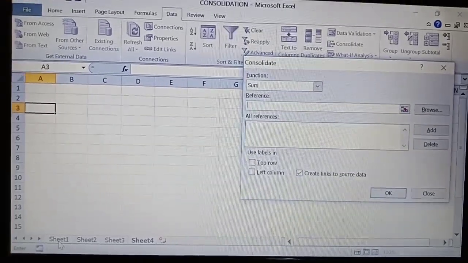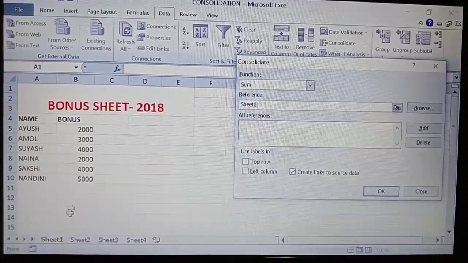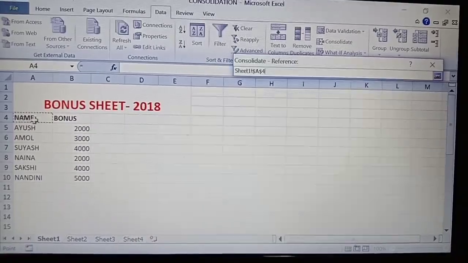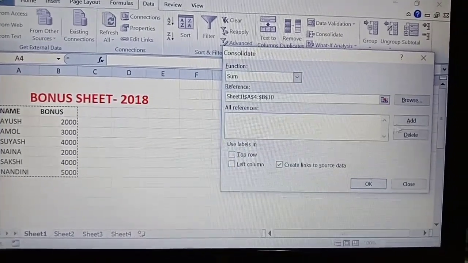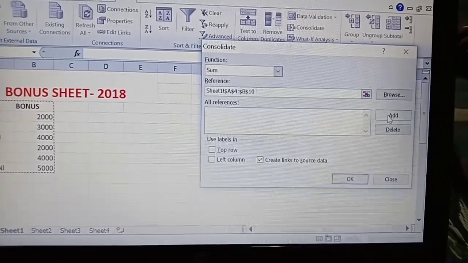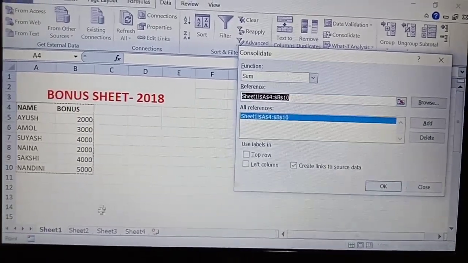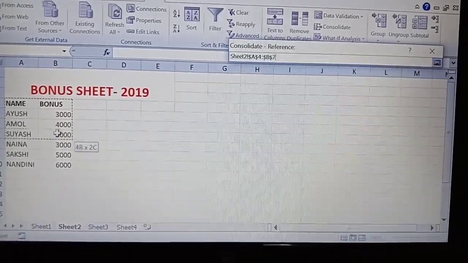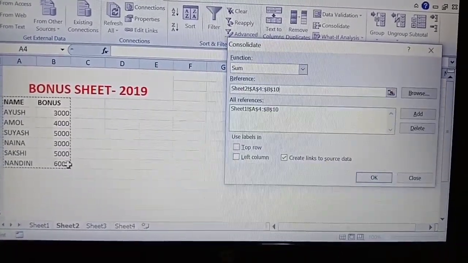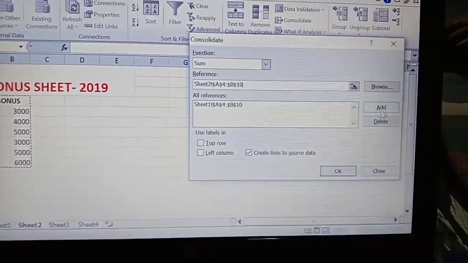Now the procedure is: click on sheet 1, select the complete data and click on Add. Click on sheet 2, select whatever data is there in sheet 2, and again click on Add.